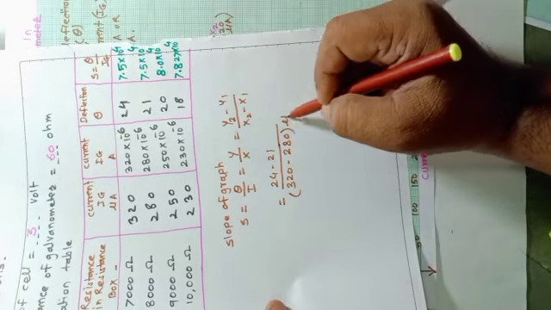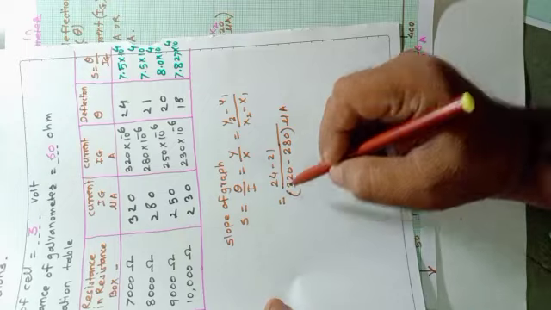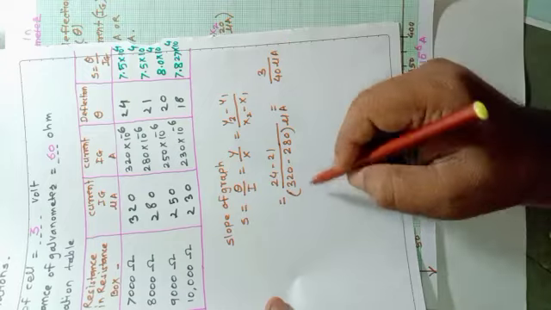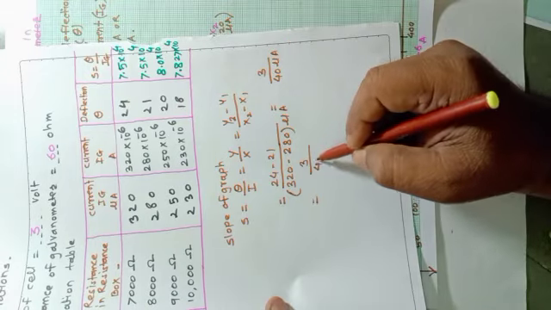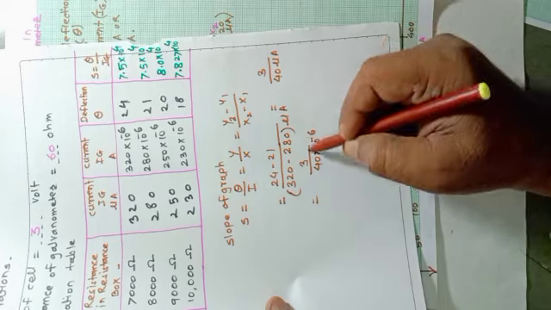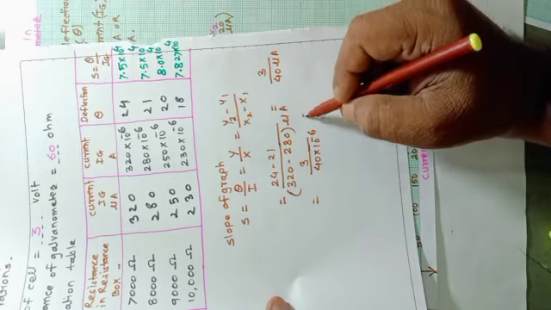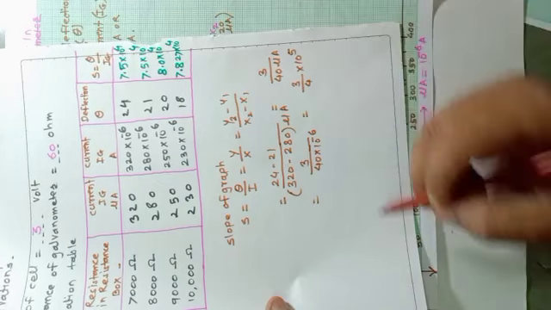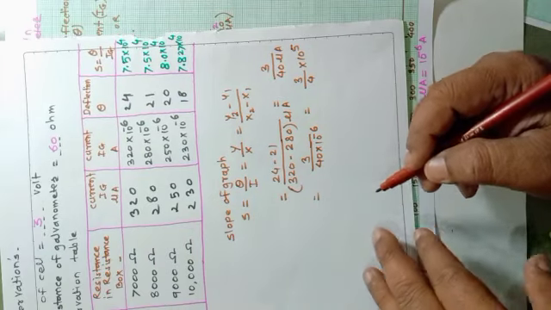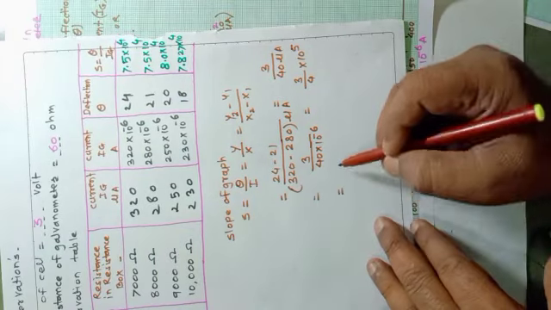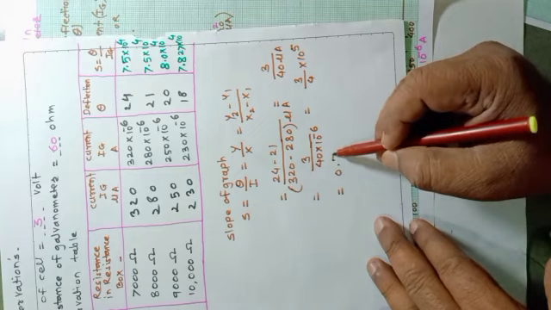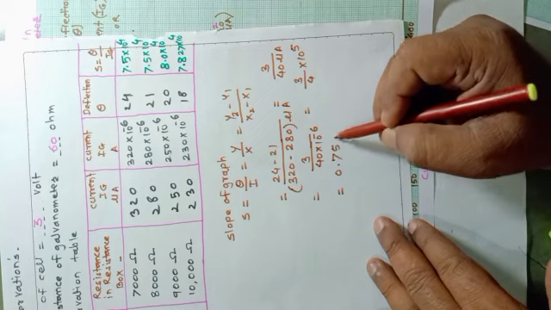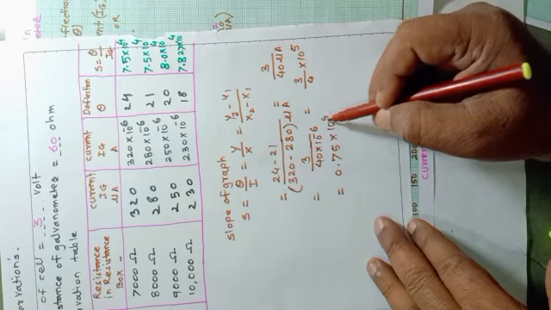The current is in microampere. So if we subtract, it is 3 upon 40 microampere. That becomes 3 upon 40 into 10 to the power minus 6. The 0 is removed, so it becomes 3 upon 4 into 10 to the power plus 5. If we divide 3 by 4, 4 into 28, 2 is remaining, becomes 20, 4 5s are 20. So 0.75 into 10 to the power 5.